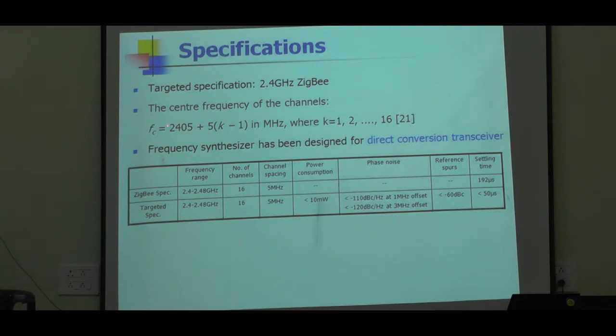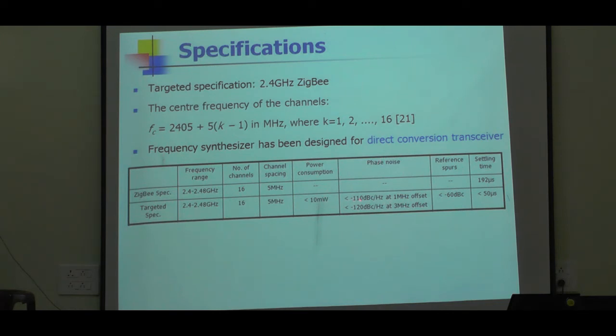So you can start with the first channel, that is 2.405 gigahertz, plus the channel spacing, that is 5, times the number of the channel, that is 16. That will be the center frequency, okay, and that FC value you will calculate to find the values of the inductor L and C. So in this way we found the power consumption, and for example, if you look at the phase noise performance